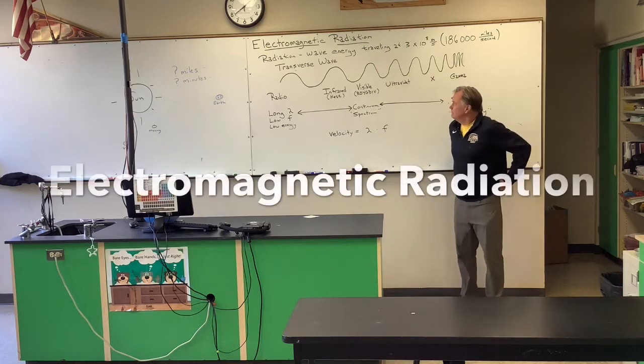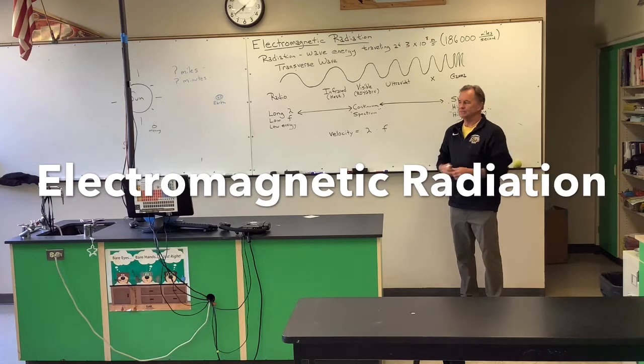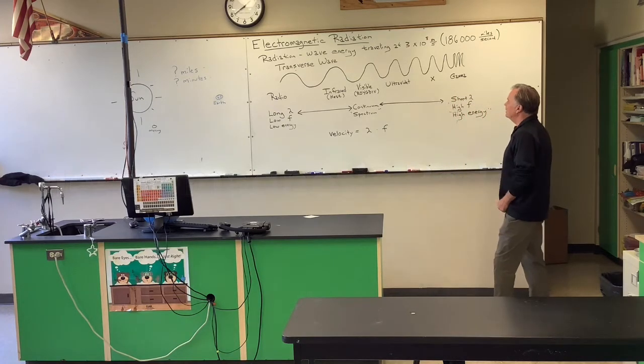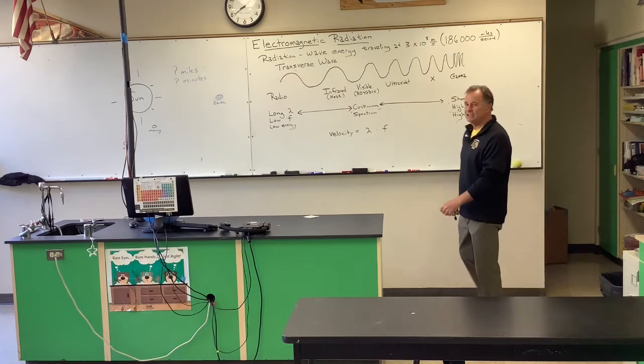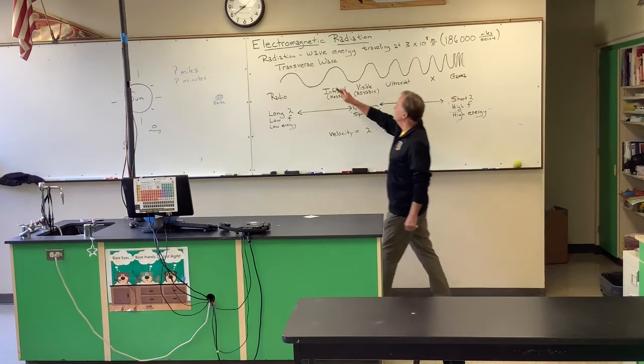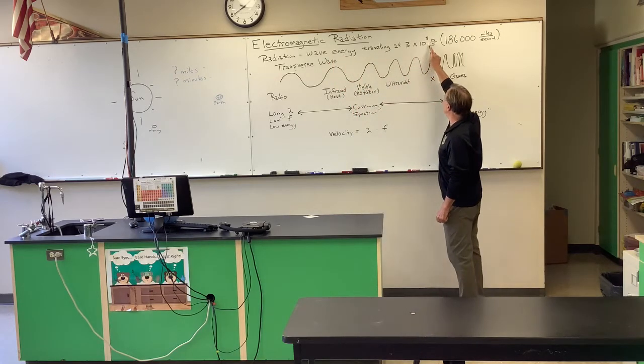Welcome to A7. Here we are, week 8, electromagnetic radiation. We studied waves last week, but electromagnetic radiation is a type of wave energy which has some pretty amazing properties. By definition, it is wave energy traveling at 3 times 10 to the 8 meters